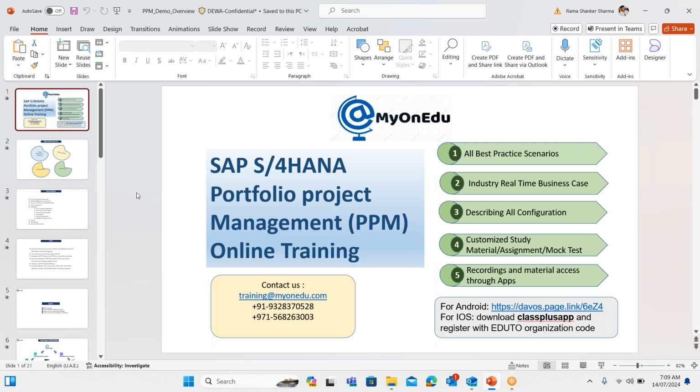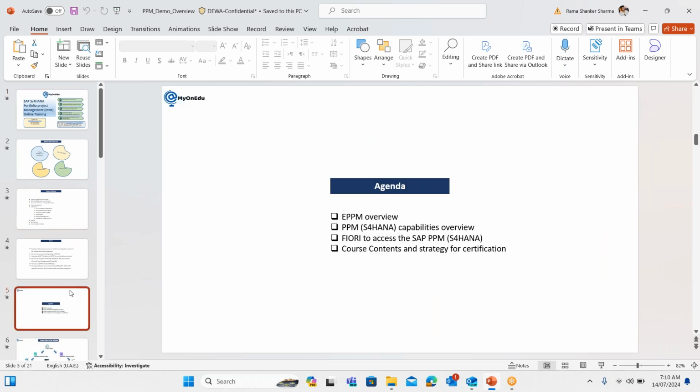And whatever sessions we are conducting will be recorded and kept on my system, which you can access through application and web. So I'll go through it in detail. Once we start the first session, I'll let you know how to access it and what the different things to be managed here are. Okay, so I have included some more slides to understand